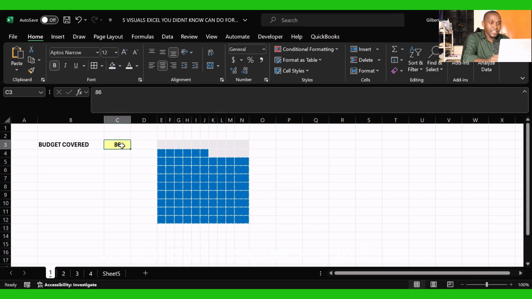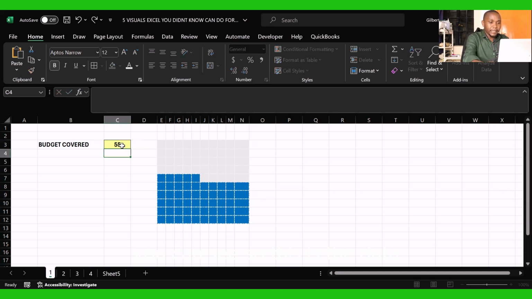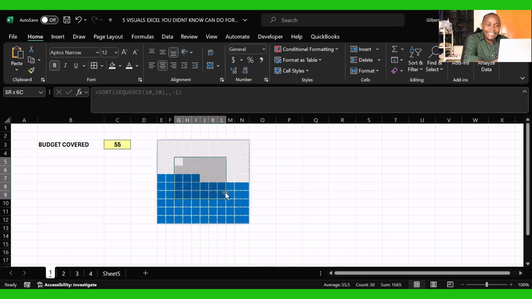What about if I change here to 55? Enter, you can see. So this is the data which now you can present to directors more clearly, more efficiently, and they can understand very easily because of what? The pictorial pictures. But at this point, it is not looking so good. We might have one of the owners or the directors or the managers who don't see this number here, 55. We need now to bring this number inside this